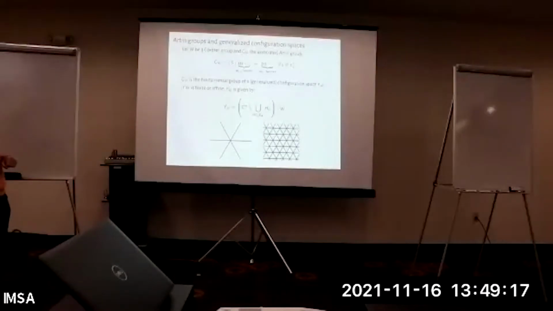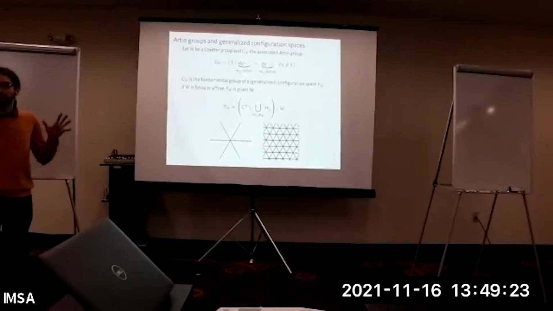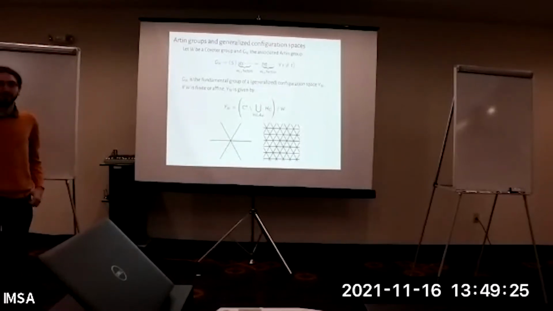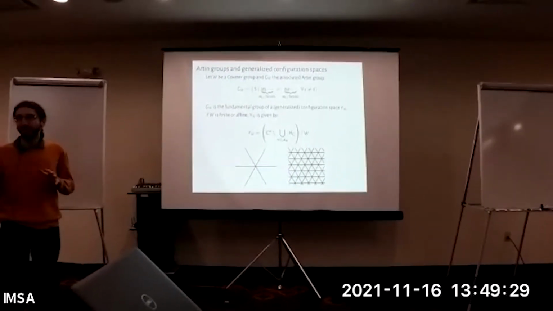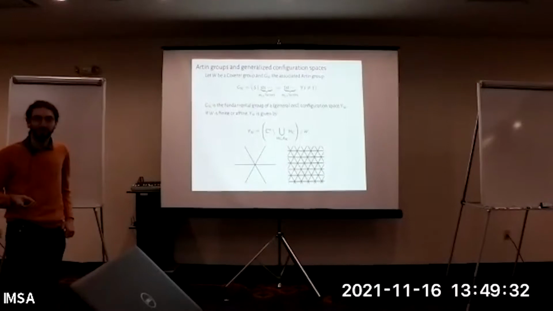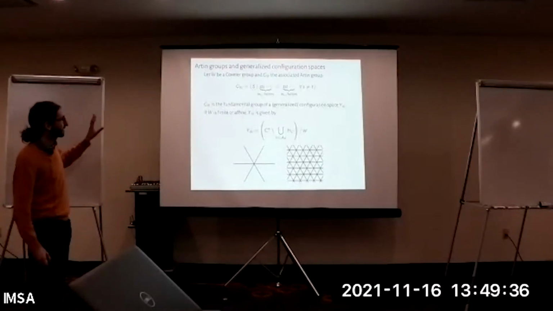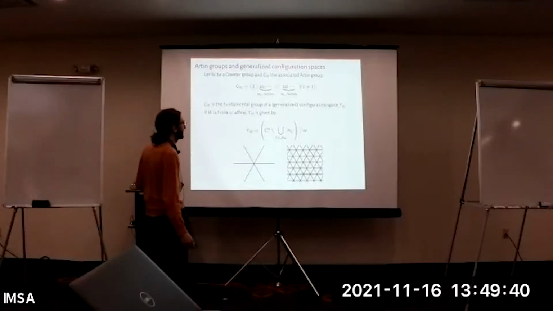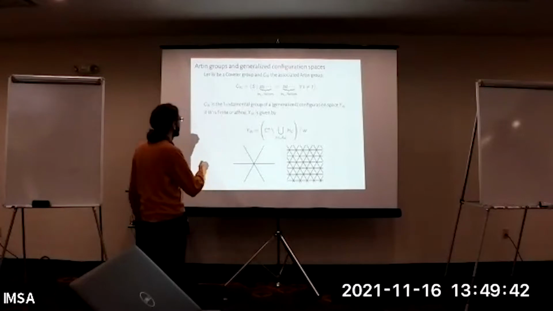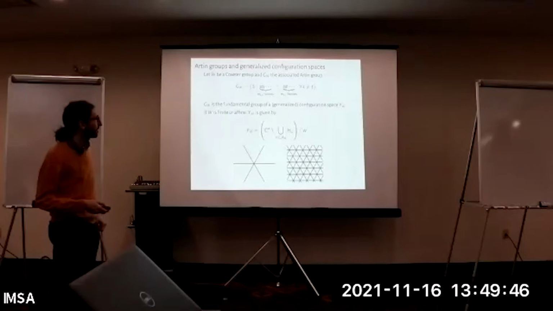That has been said yesterday, but just in case, I will recall the most important parts of the picture so that we can then move into seeing a couple of the details of the proof. So remember that we have an Artin group, which is defined with a representation of this type,